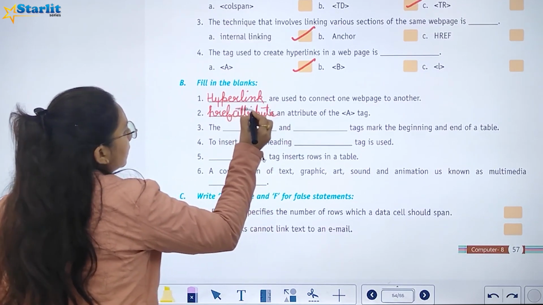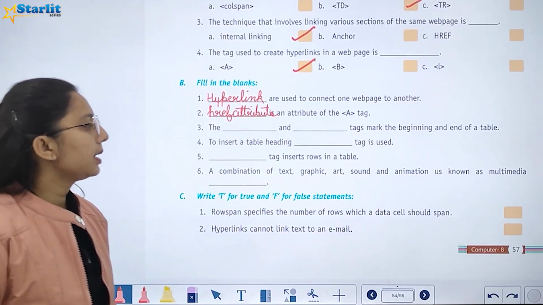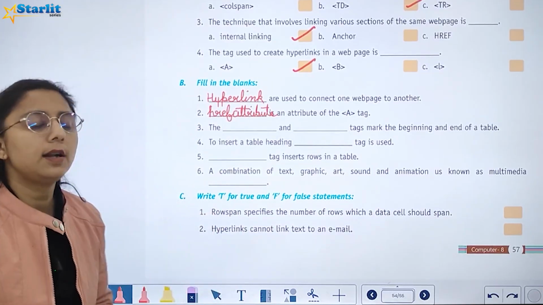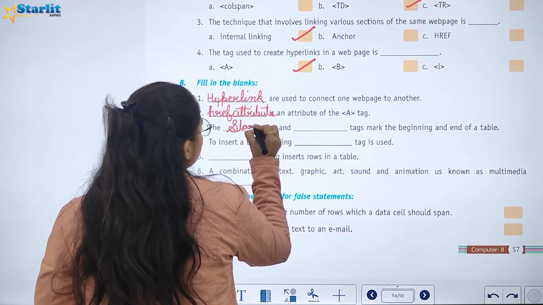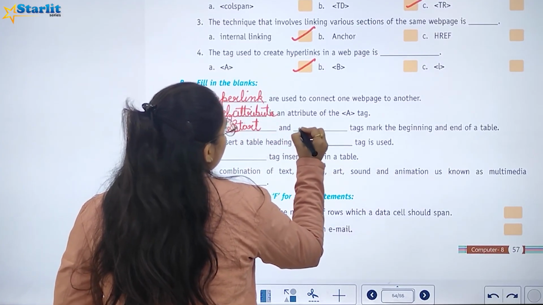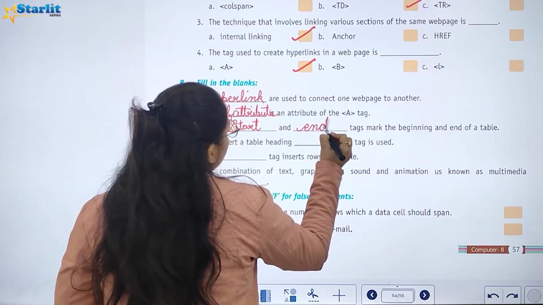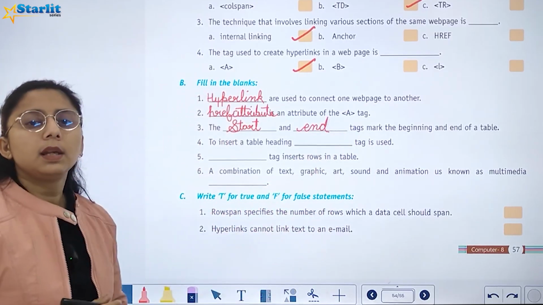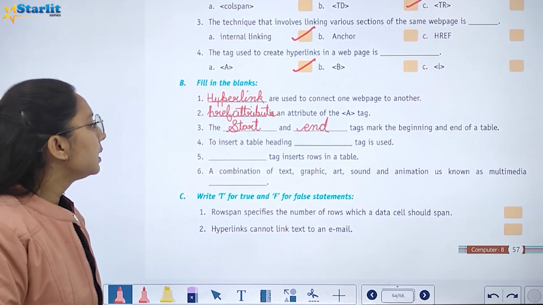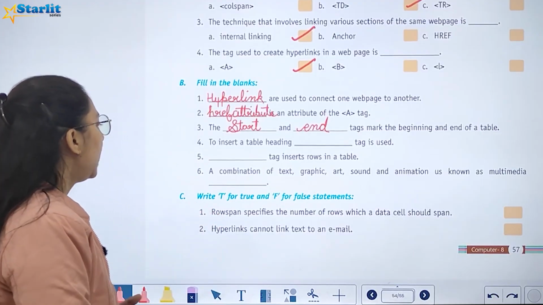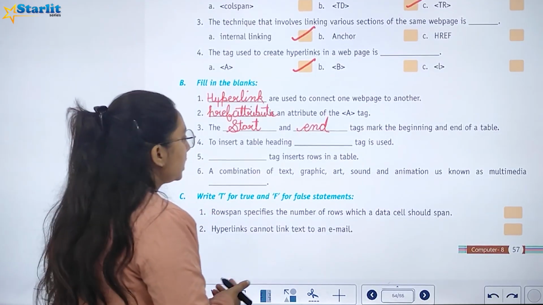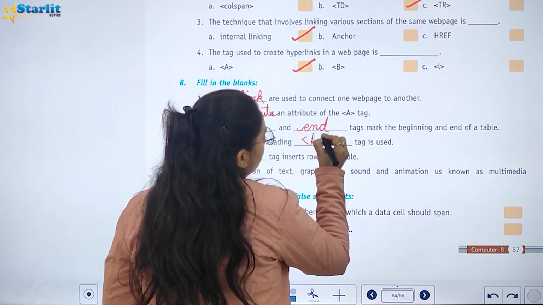Then the dash and dash tags mark the beginning and end of the table. To insert a table heading, dash tag is used. अगर आपको टेबल हेडिंग को इंसर्ट करना है तो आप कौन सा टैग का यूज करते हो? th.